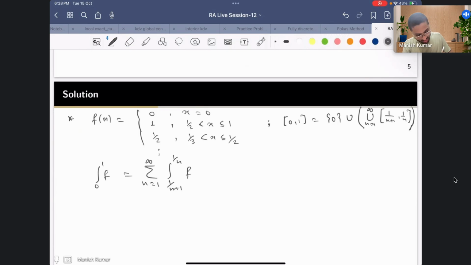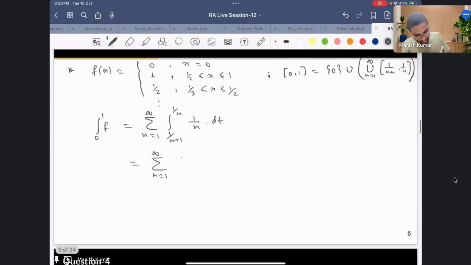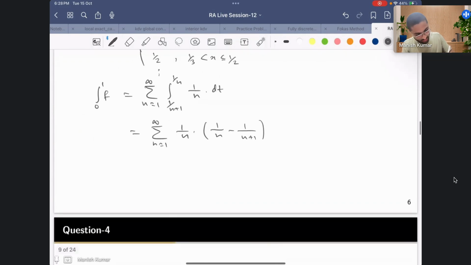And now in this interval the function is taking the value 1 by n, right? So this is n from 1 to infinity. Now this functional value is obviously independent of the variable over which we are integrating, so maybe I should write, let's say, dt. So you can write 1 by n outside, and then this will be 1 by n minus 1 by n plus 1. Now when you multiply this, you'll get 1 by n square, n from 1 to infinity,